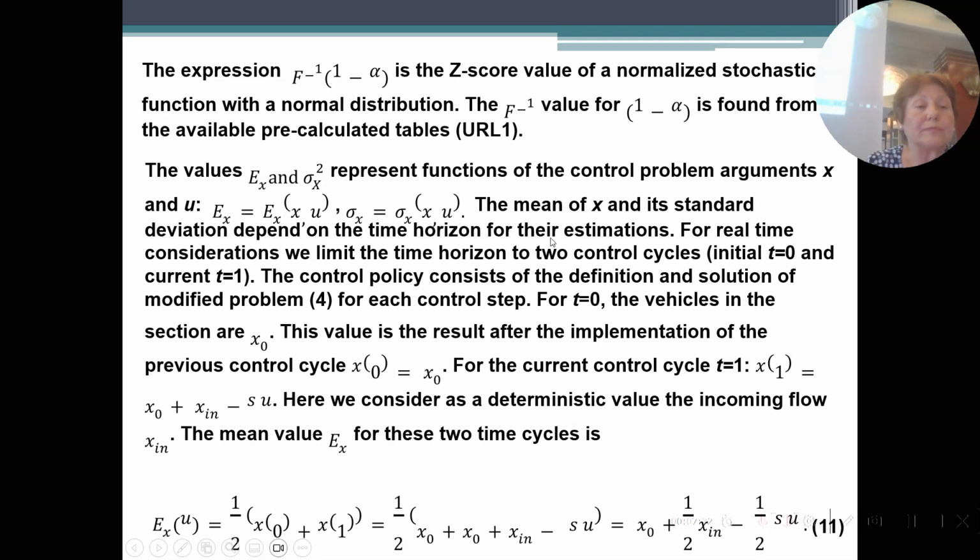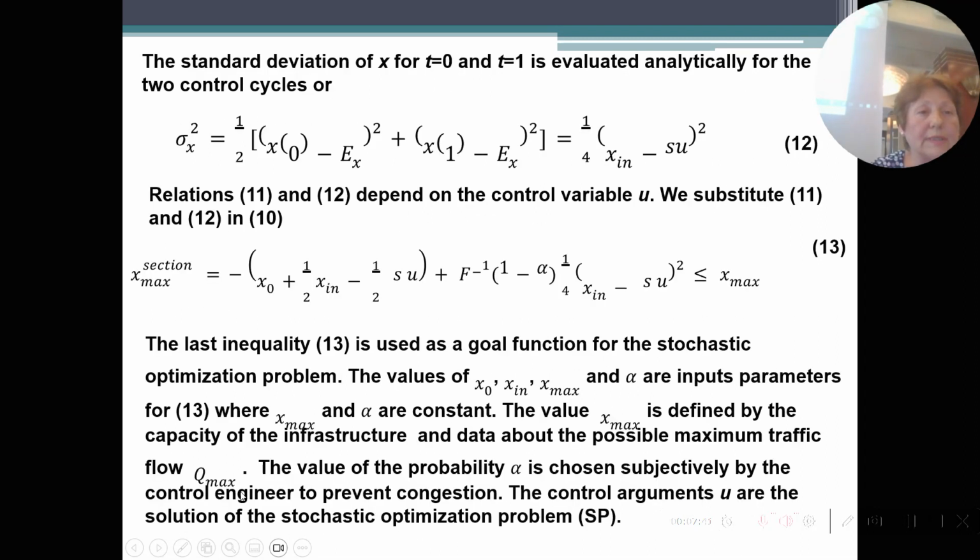We choose two steps for estimations, for t equal to 0 and for t equal to 1, and in that manner we determine the mean value and the standard deviation for all sections of the network. This is the 13th